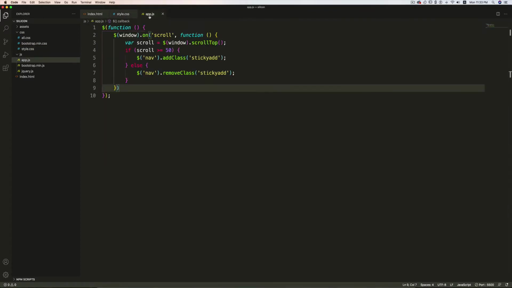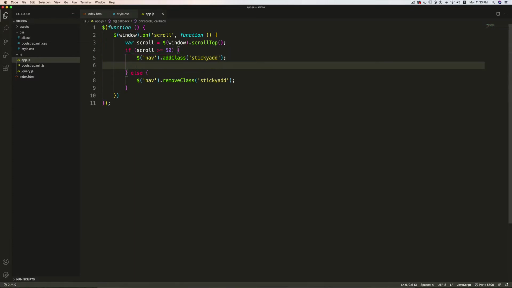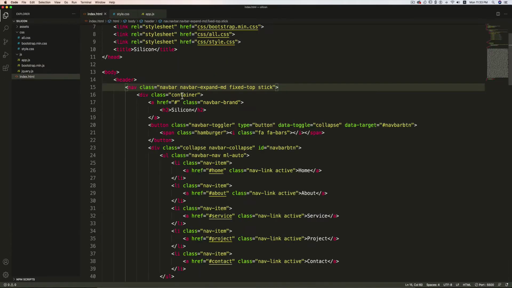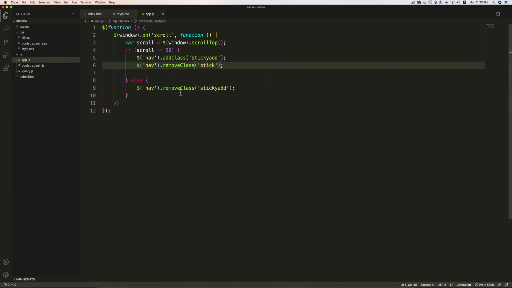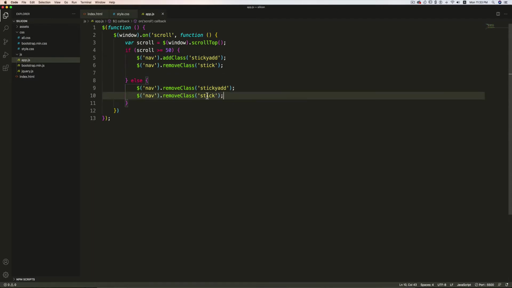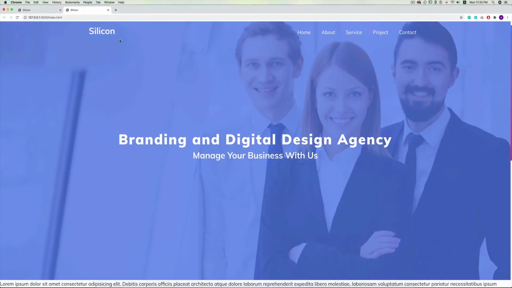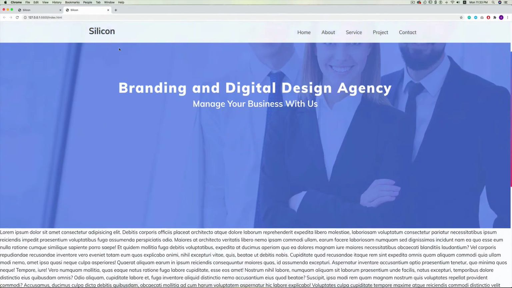And again in the app.js file, when the user scrolls down 50 pixel, I'm going to remove the class stick. Since at first it is added to the nav, when the user scrolls down, I'm going to remove it. Otherwise, I'm going to add the class. So this will add the transition. See, we have that transition.